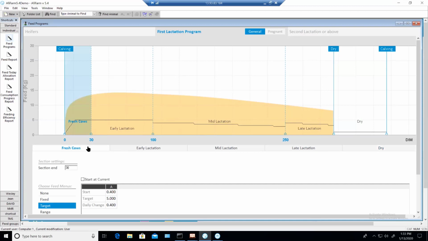And like I said beforehand, each section can be defined by days in milk. All right, so in this farm, the fresh cows here are between 0 and 30 days in milk. But if the farmer has his fresh cows, or what he calls a fresh cow, at different days in milk,